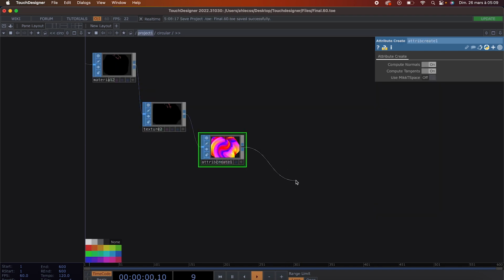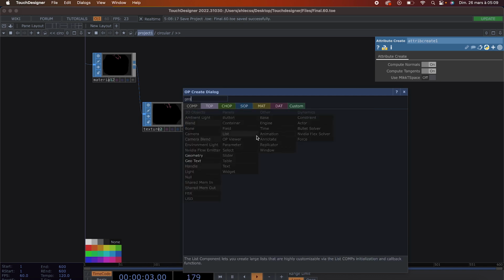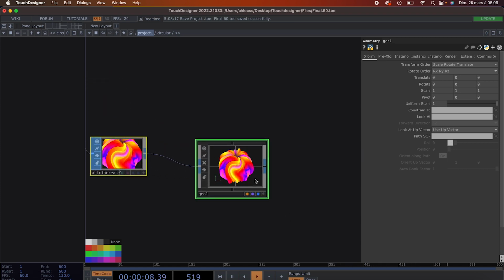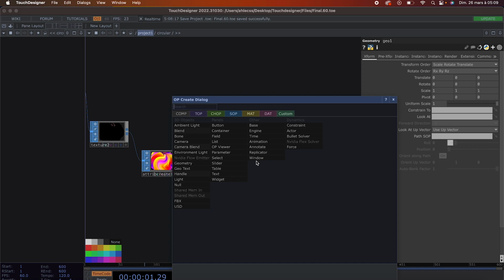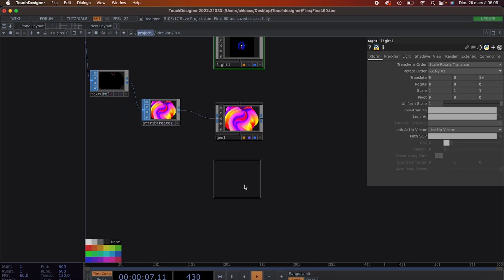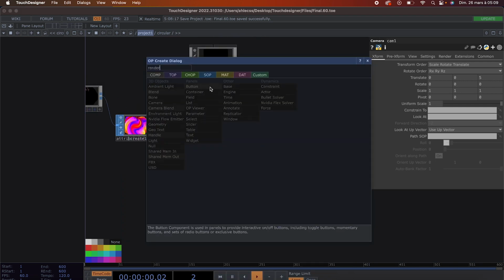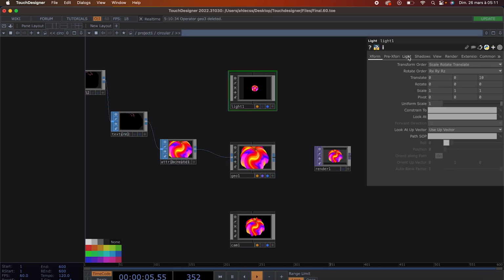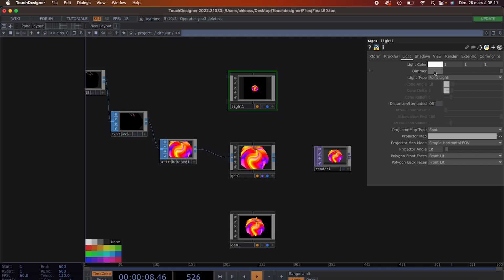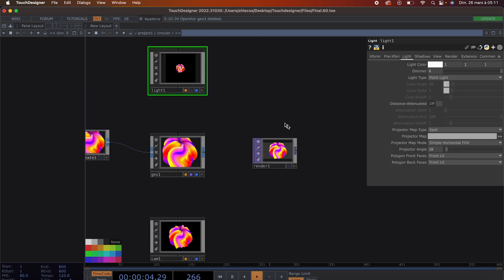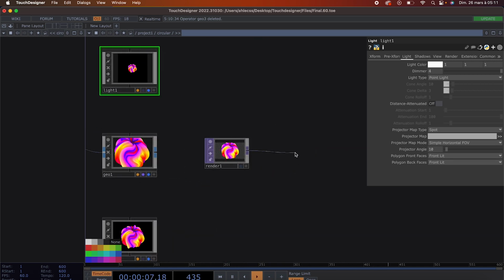So based on that, you just have to create now a geometry, and okay, that's render great. Now you will create a light, a camera, and a renderer, which is a TOP. Now just go on to the lights, and you can add more dimmer to make it more colorful, and that's great, I think. So based on the renderer, you can add a Chan mix,